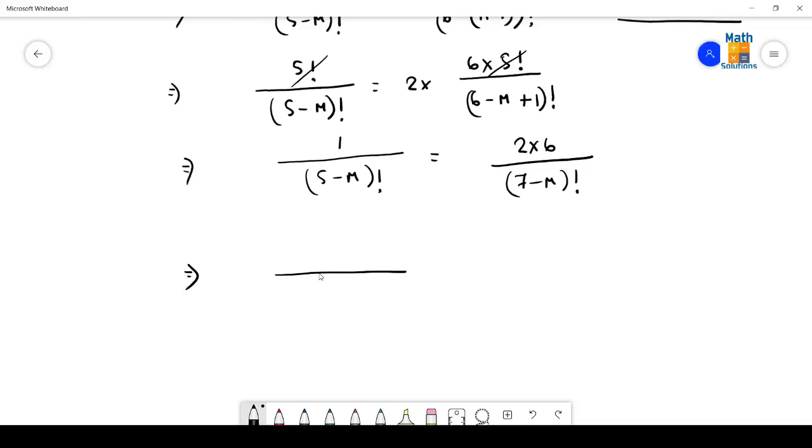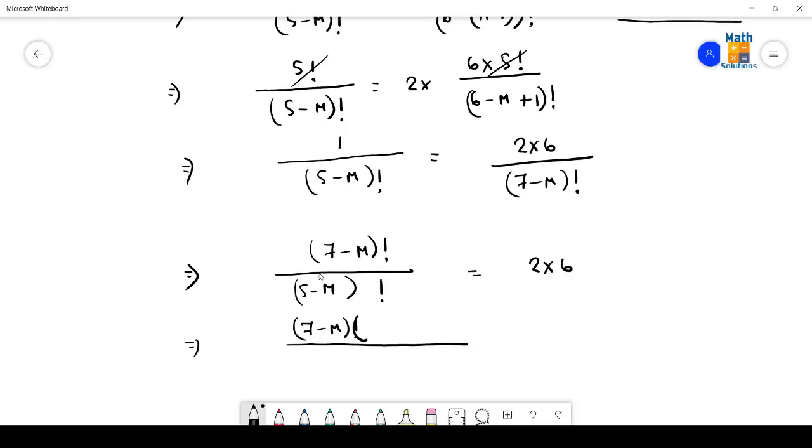After that, if I want to proceed with further cancellation, let us do this in this way. 7 minus R factorial I carried to this side, then I kept here 5 minus R factorial, that is equal to 2 into 6. So if I break this factorial notation in the numerator part to the descending order, I can put here 7 minus r into, then again 6 minus r, which means one term less than the first one, into 5 minus r factorial. I stopped here so that cancellation can be done with the denominator, and I got here the term 12.